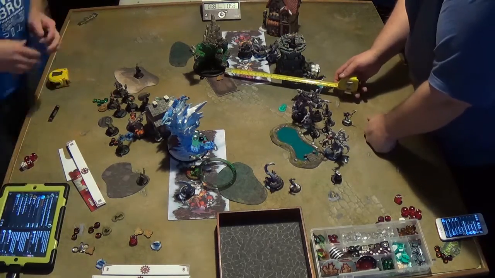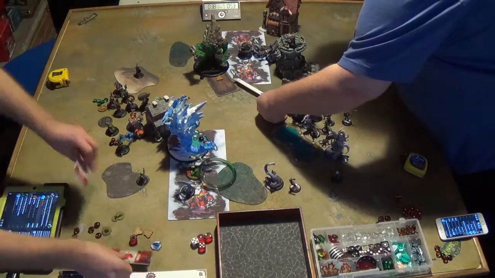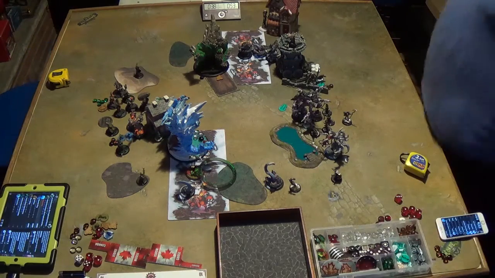22 minutes off my clock. Feet turn, bottom of 2. What's your plan, Tim? Well, Thagrosh used to have a spell called Bad Blood, which was kind of a Legion